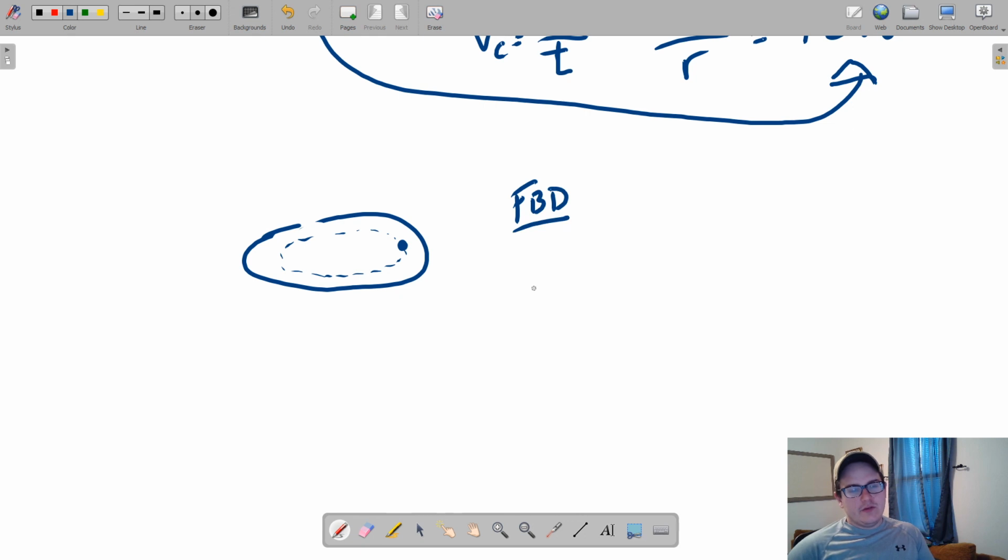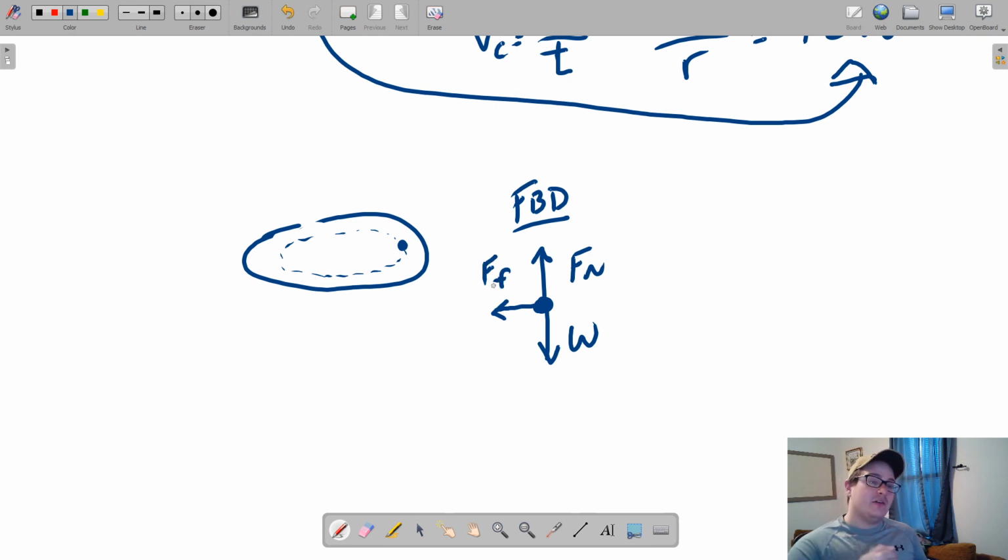Looking at that penny from the side view, we have weight downwards, force normal upwards. But what is causing that object to constantly turn inwards? That is friction. What is pulling it inwards is friction. So force normal equals weight,